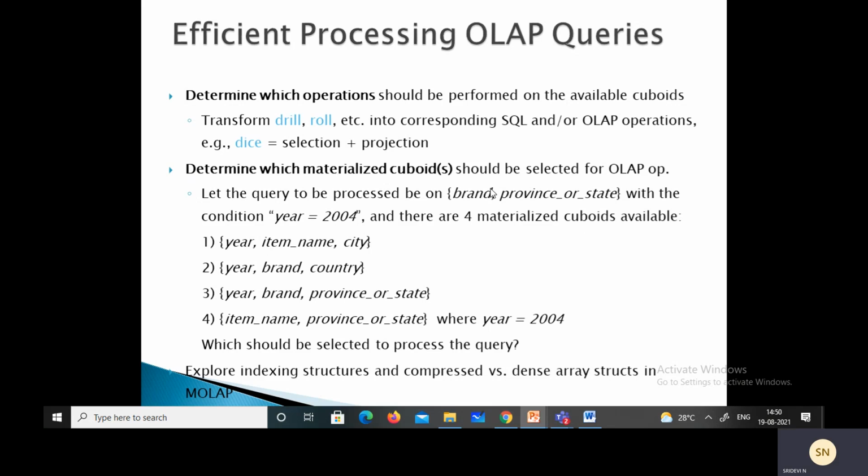So we have a query to be processed on brand, province or state with the condition year being 2004, and there are 4 materialized cuboids available for these 4. So we should find out which should be selected to process the query.